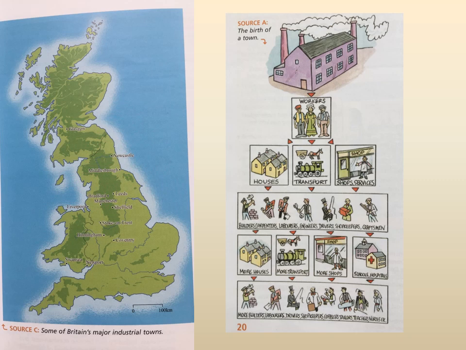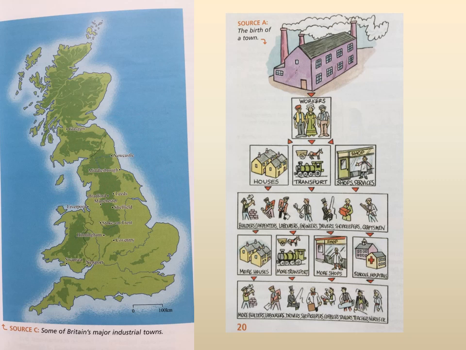So one of the things I want you to think about as we finish this lesson is that the Industrial Revolution led to the growth of lots of new cities in England, or towns that became large places during this time. So places like Manchester, Bradford, Leeds, Sheffield, Stoke, Coventry, Birmingham, Liverpool, Newport, Swansea, Middlesbrough, Newcastle, Glasgow, they all became absolutely massive. I mean, Middlesbrough, for example, is a fairly large town nowadays, but at the start of the 19th century,